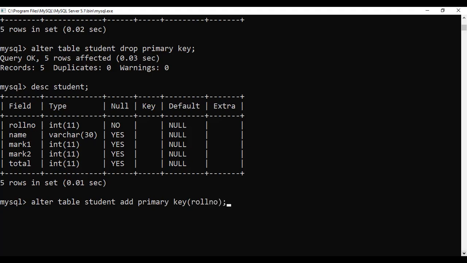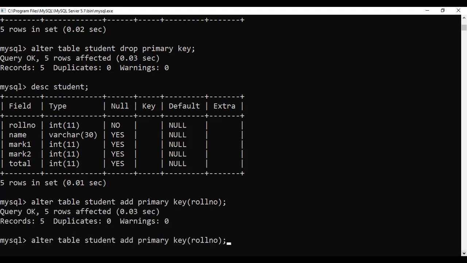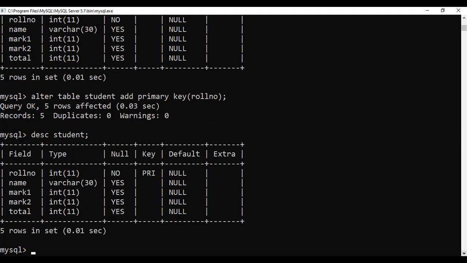Okay, then this will be done. You can see it is affected. Now if I say describe student, you can see it now becomes the primary key. Hope this is clear. So that is adding the constraint.